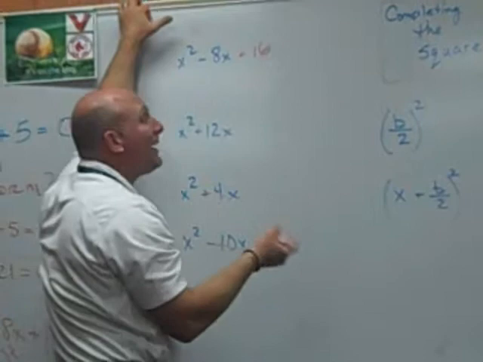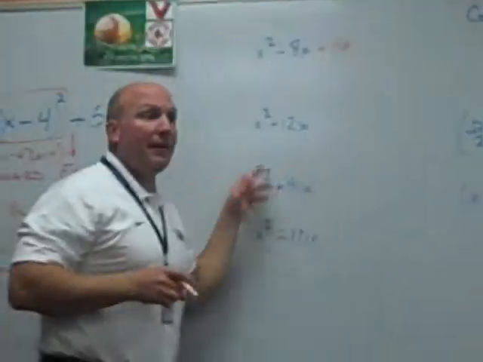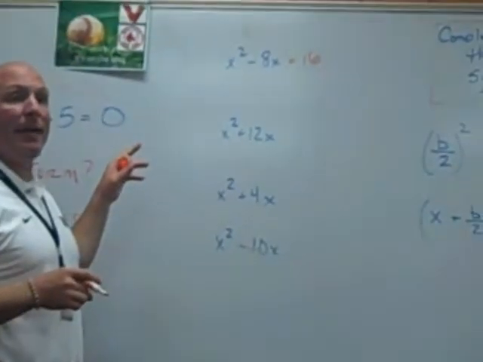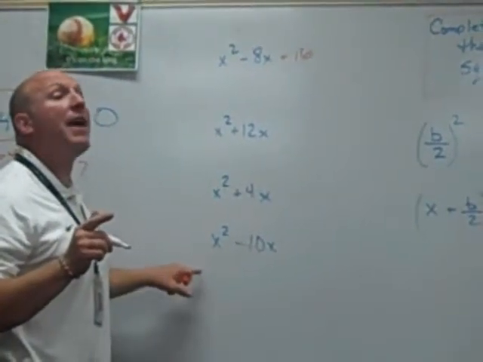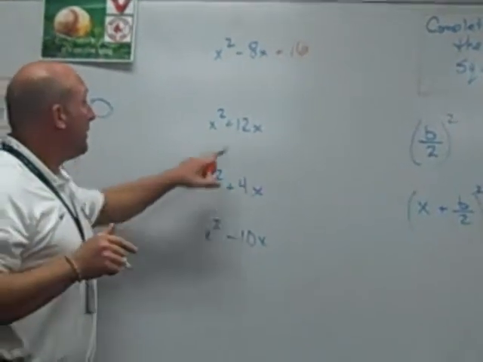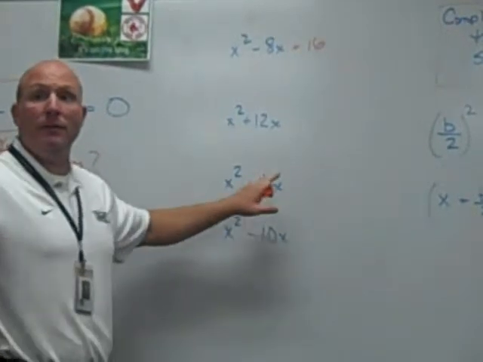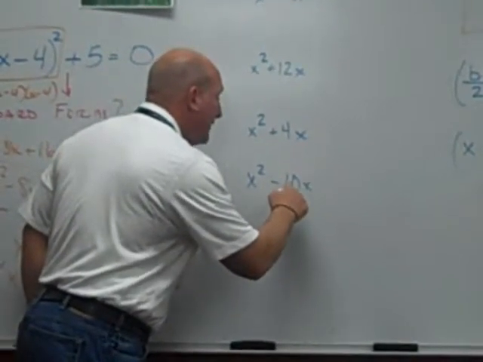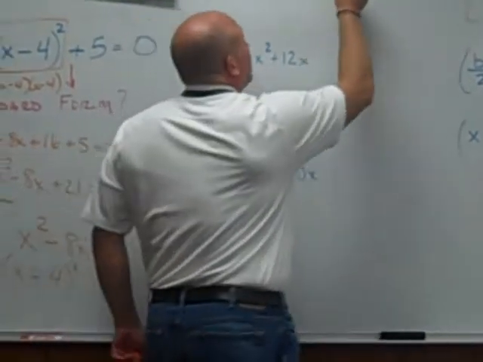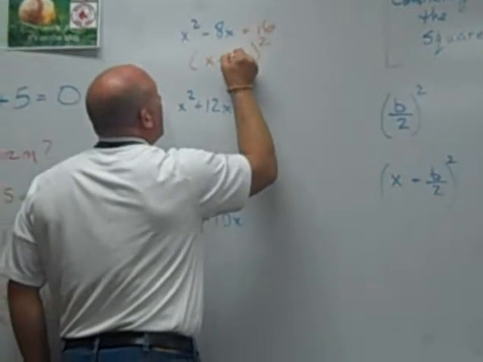Now there is a process to it. Do you understand your A's and your B's on the next three? Can you identify A's and B's? What's your A's for all of them? What's your A value? 1. B value 12, B value 4, B value negative 10. Everybody agree? Okay? So, if I want to find this C value that will help me get a perfect square trinomial,